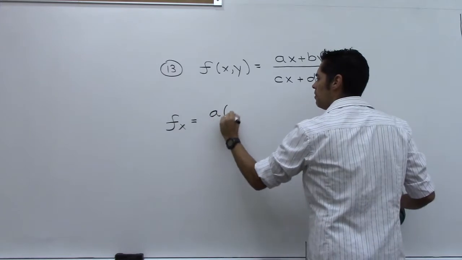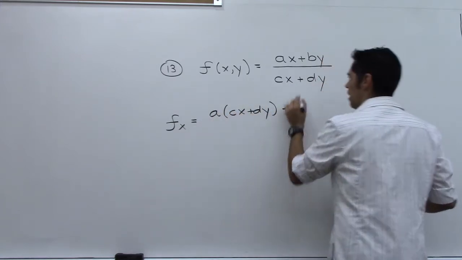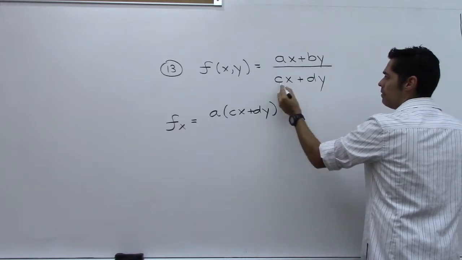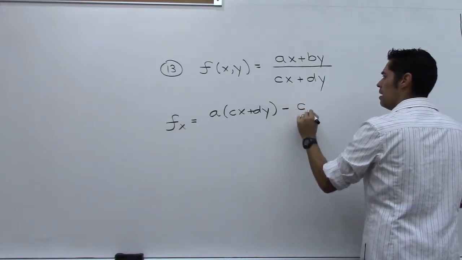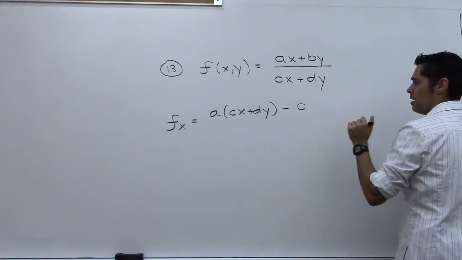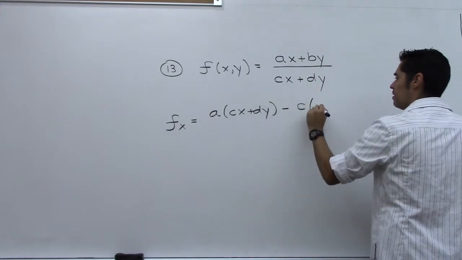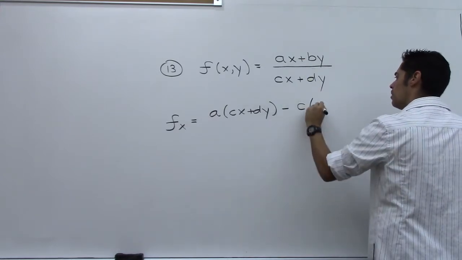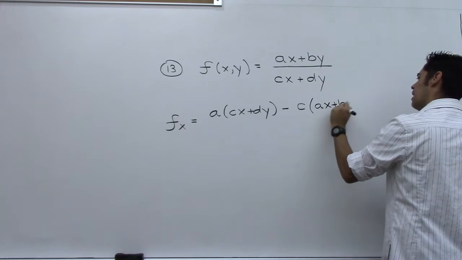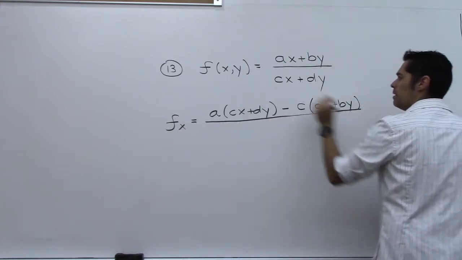Then times the bottom, so I'm doing the quotient rule. Minus now the derivative of the bottom. The derivative of cx is just c, plus the derivative of dy, which is 0 because d and y are both constants. Now, continuing with the quotient rule, that's the derivative of the bottom times the top, which is ax plus by, and then all of this divided by the bottom